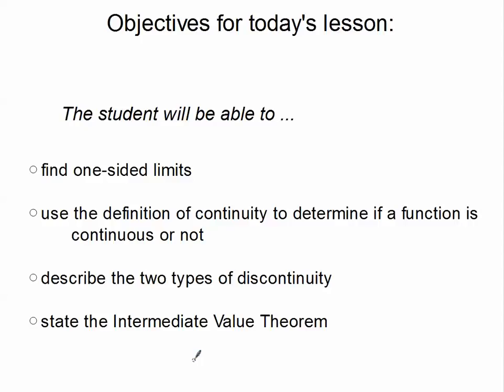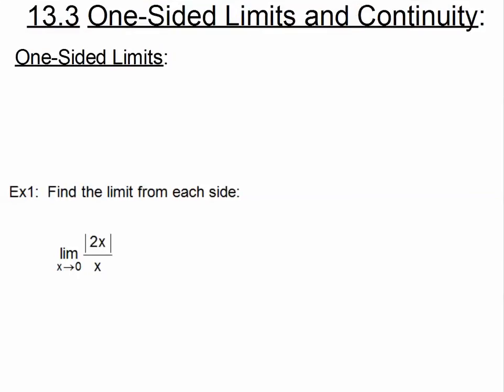In this first tutorial, we will find one-sided limits. And we are in section 13.3, one-sided limits. So what one-sided limits are, we're talking about limits from each side. So we actually have two new symbols. If we're talking about some function f of x, we could say that the limit as x approaches c with